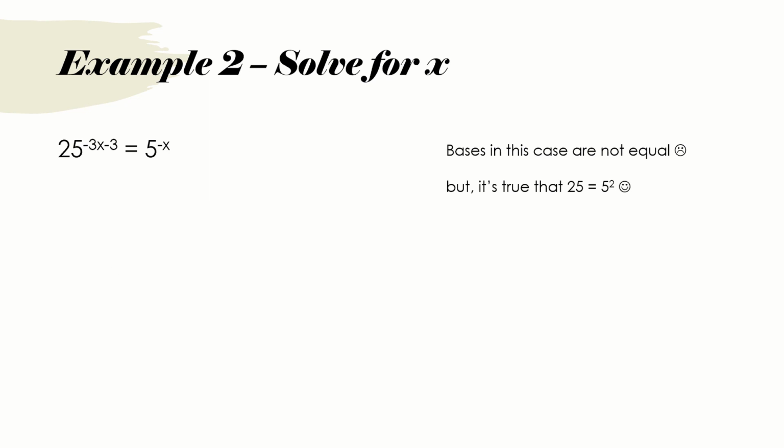So what we're going to be doing is getting the bases to be the same. We do that by changing 25 to 5 squared, okay? So that the bases are going to be the same. Now, the reason why I wrote it like this is because one of the exponent rules that you learned is